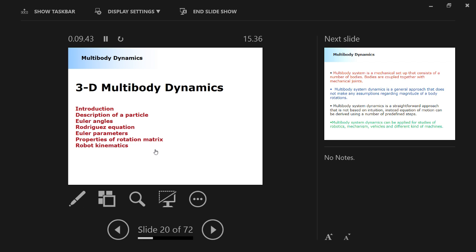This, by the way, will be a question that is extremely difficult to answer: how is it possible that you can use 4 parameters to describe 3 rotations? Because the body can rotate 3 different ways. It's a fact. There are no 4 ways that the body can rotate. It's only 3 different ways. But still, we can use 4 parameters to describe that. So where is a link? Where is a constraint, or something that combines things together? Because these 4 parameters are not independent. They are related to each other. But where is the relation? That I will ask. And if you're able to answer that question today,